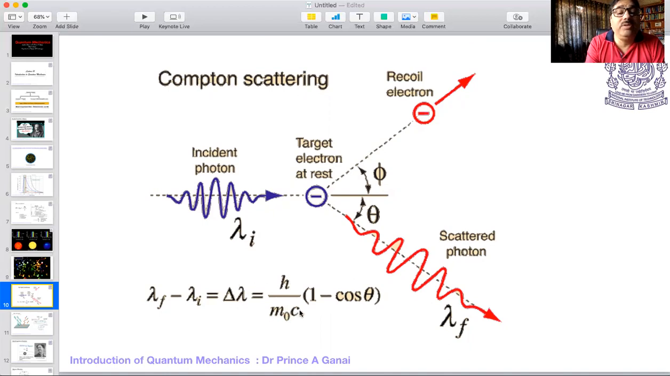This h by m naught c is also a kind of length, and this is called the Compton length. This is very important when you go for advanced studies in physics. This plays a very interesting and fundamental role in our understanding. So this experiment was done, and the theory that backed up this experiment, called the Compton Scattering experiment, is based on